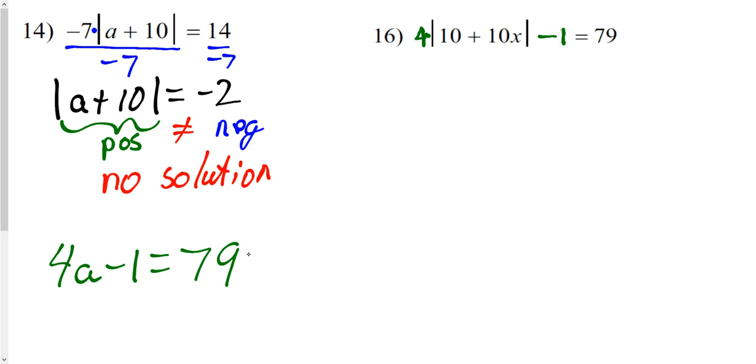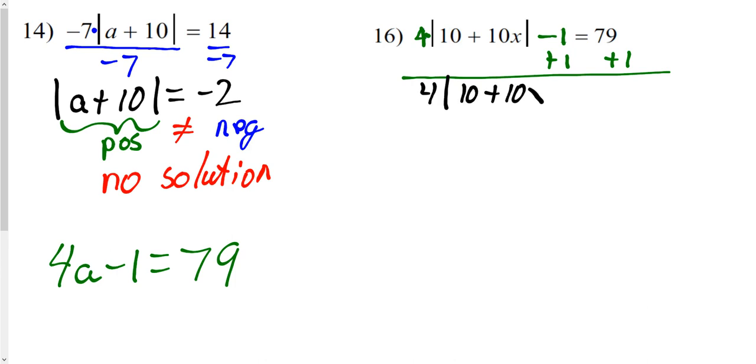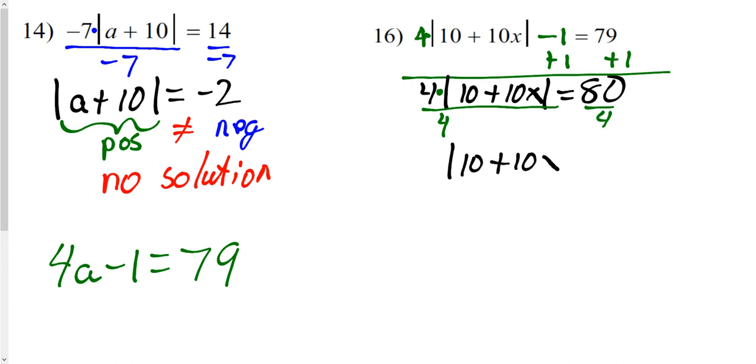Same idea here. We'd have to undo our minus 1, so I'm going to add 1 to both sides. Then I have to undo that timesing by 4, so I'm going to divide both sides by 4. And I get my absolute value on one side by itself. Now, I end up getting 20 over here, which is positive, so then I can just work out my two